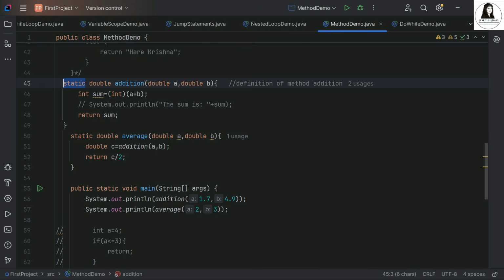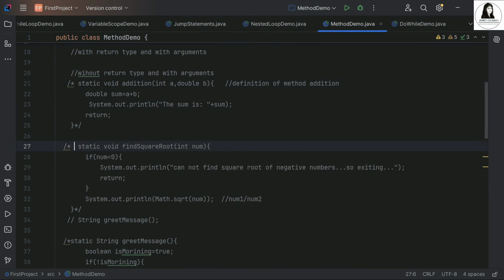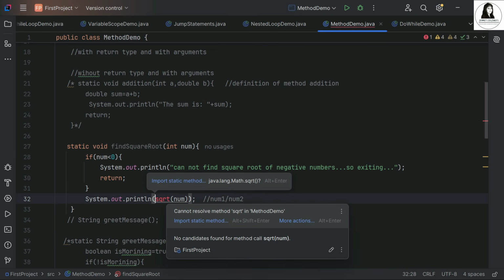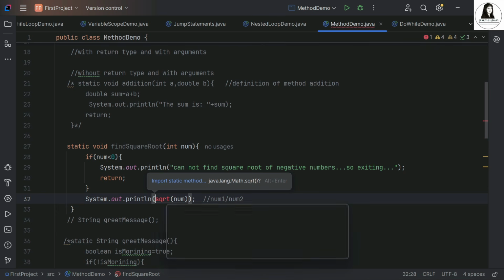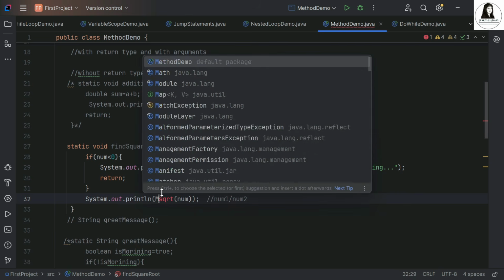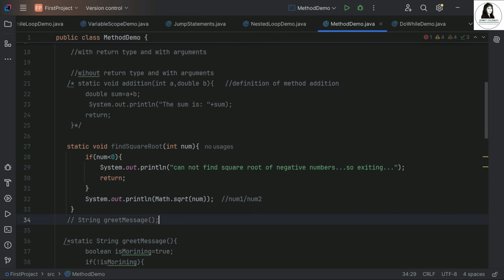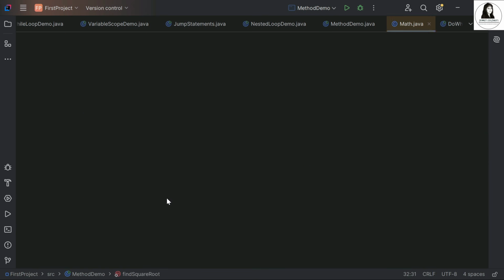Okay. Now, one more thing I want to tell you. See, this was a method. I just want to show you something. Square root. If you do not use this Math dot, in that case, see, cannot resolve symbol sqrt in method demo. Otherwise, you can import this static method, java.lang.Math.sqrt, and then you can use it directly. If you want to use this without importing that method, then you have to use the class name and square root. So if you press control and click on Math,